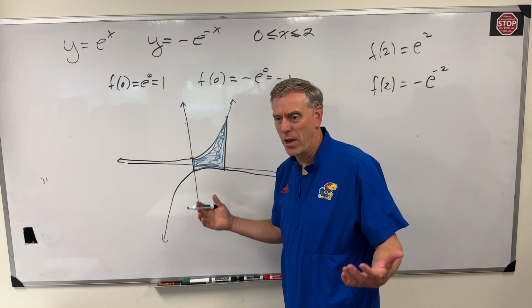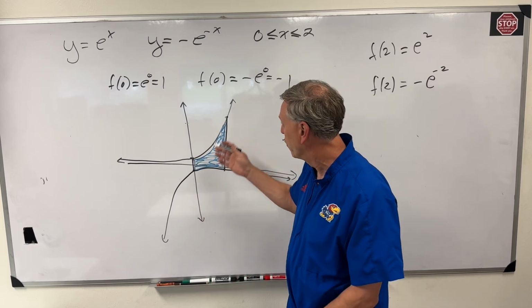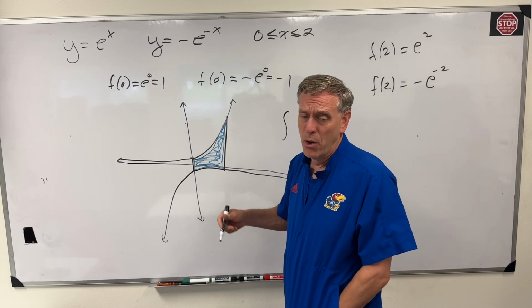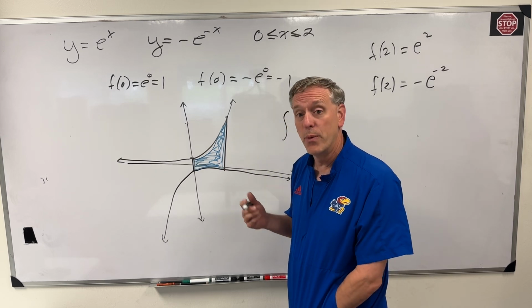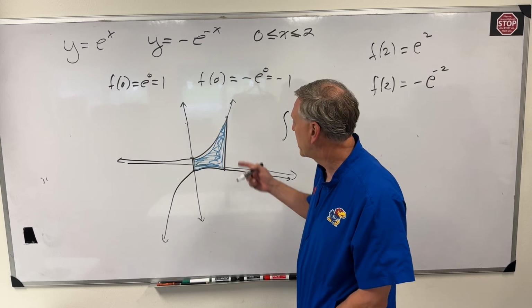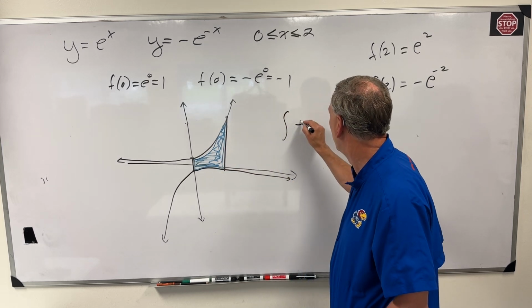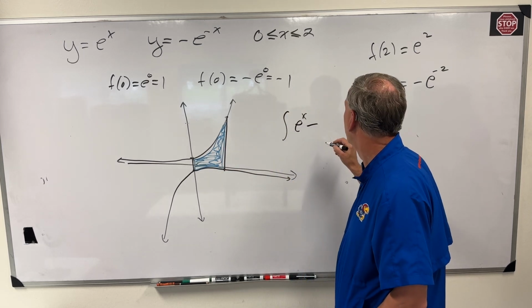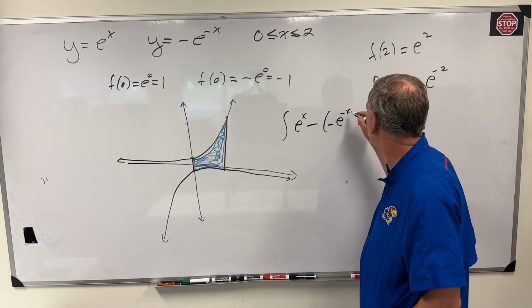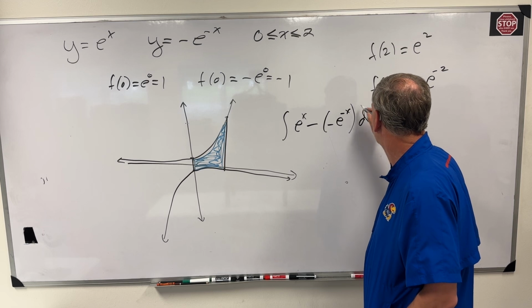That's why we go to the effort to graph it a bit, just to get a feel for which one is on top. If we make a mistake on that, at the end we're going to get a negative number, which means we picked the wrong one, or we made a mistake. But in this case, e to the x is the one on top, minus, and then careful here, minus a minus e to the minus x dx